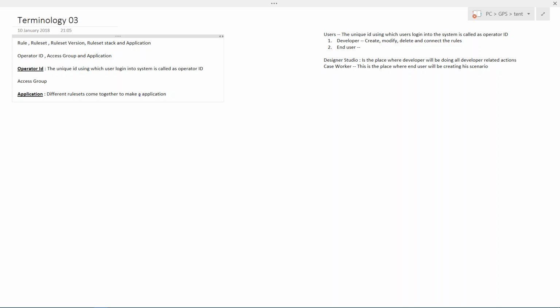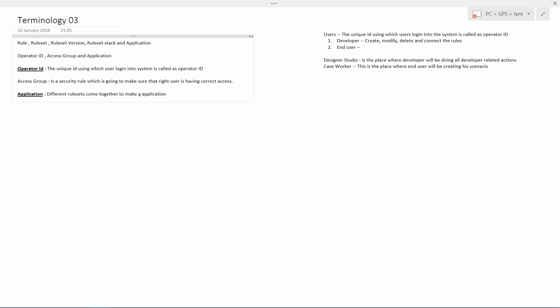Access group. What is this access group? An access group is nothing but a security rule which is going to make sure that the right person or right user has the correct access.